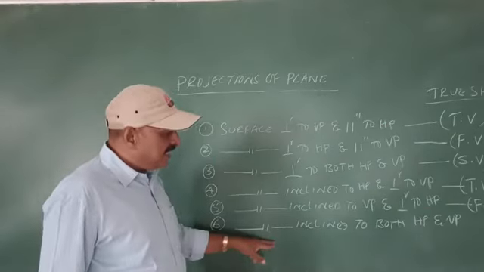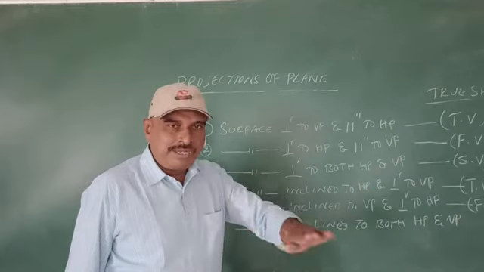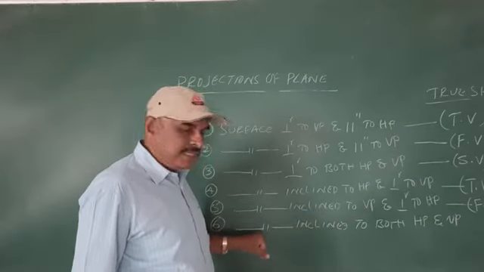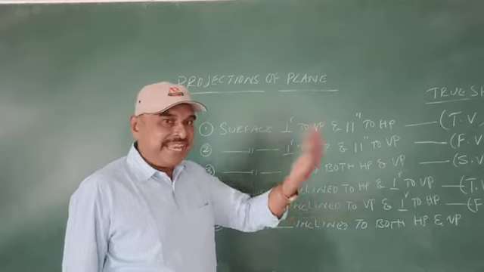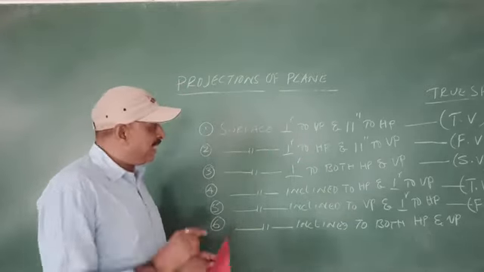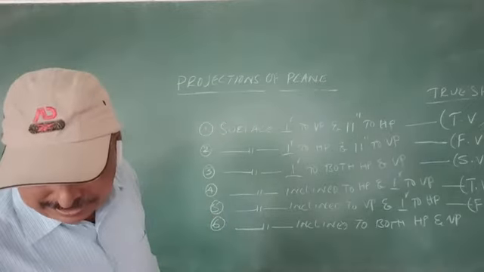When the surface is inclined to both HP and VP, true shape is not obtained in front view or top view. The problems on this condition have to be solved in three stages. Okay, so that is about the positions of the planes. Right. So now